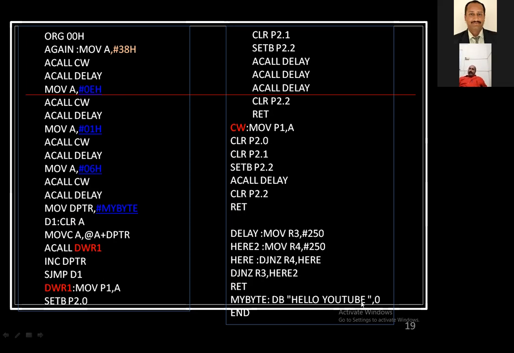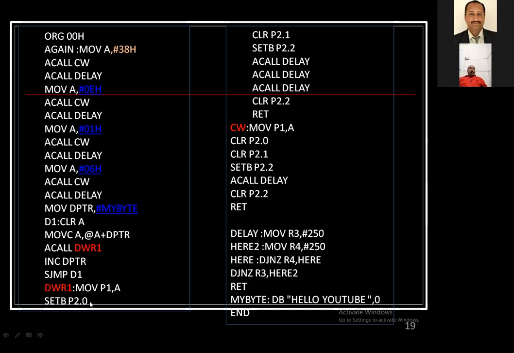Character by character, H, E, L, L, O, like that, it is going to be transferred to the LCD. For that the DPTR register is used. That is for the third step. And the second step is used when the data is actually sent character by character, that is over here.